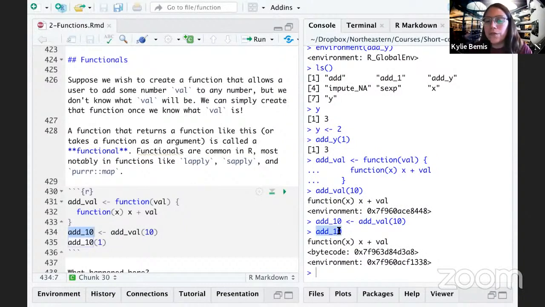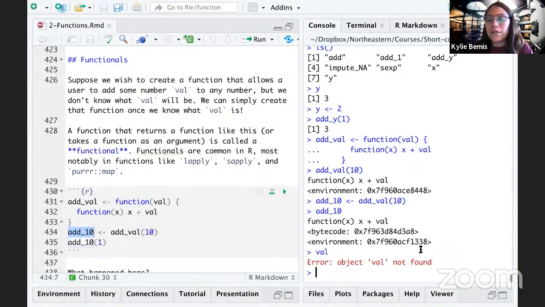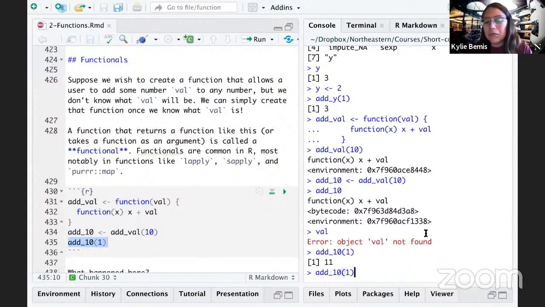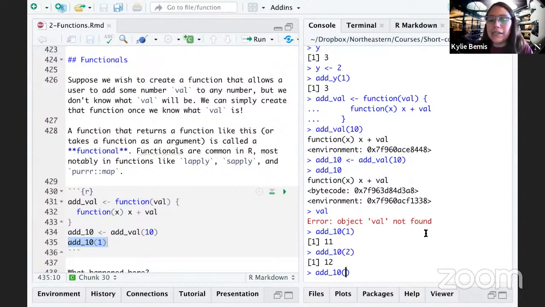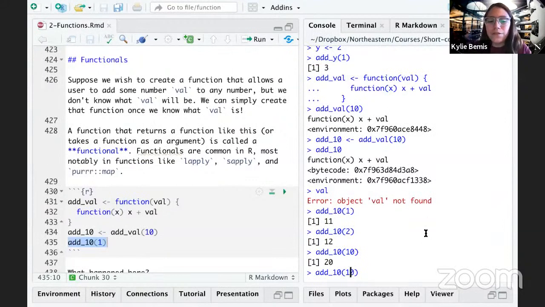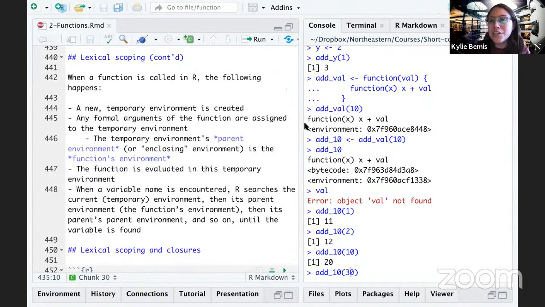If I look at the code for add 10, the body, I can see the body is just x plus val. But what's val? Where is val? Somewhere there is a variable called val. If I do add 10, it seems to work just fine. So this add 10 function seems to be finding this variable called val. So what is actually happening here